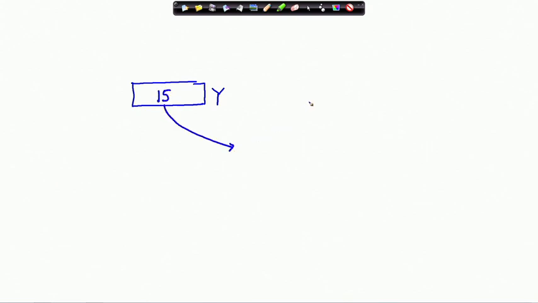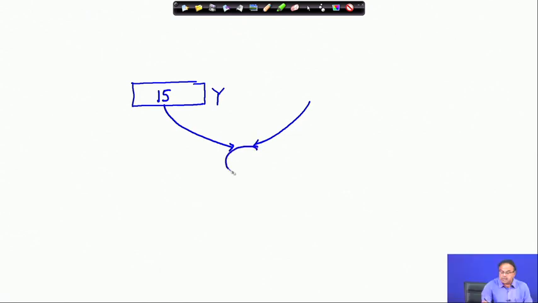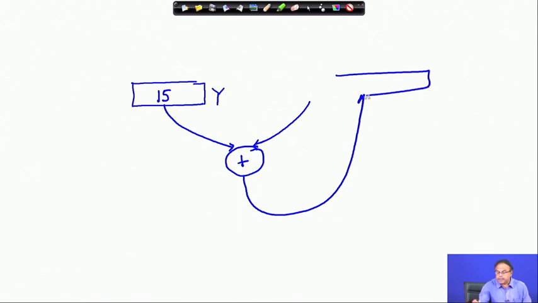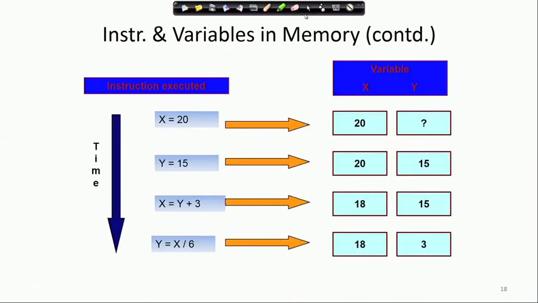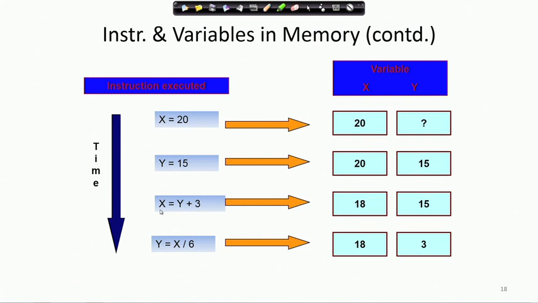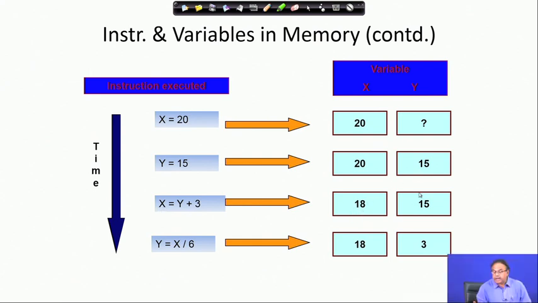I take it and add something to this and store it back to x, all right. That is what I am doing, right. So, x assigned y plus 3. So, y was 15. So, that is taken, 3 is added to that, the result is 18, and that is loaded into x. So, it becomes 18.